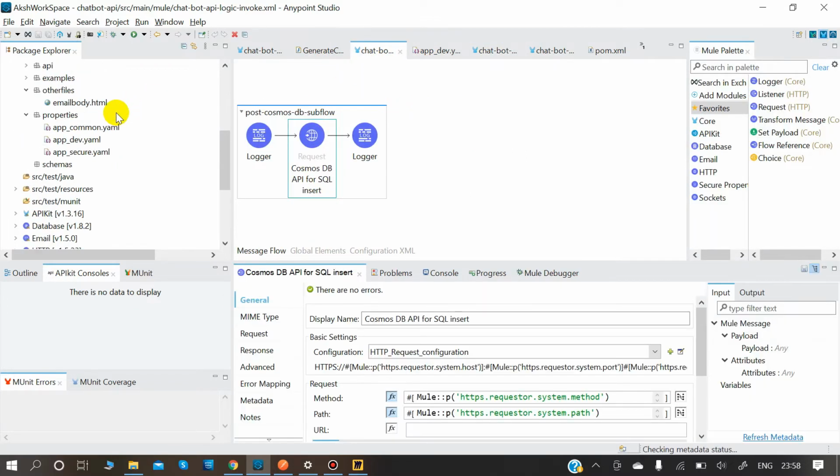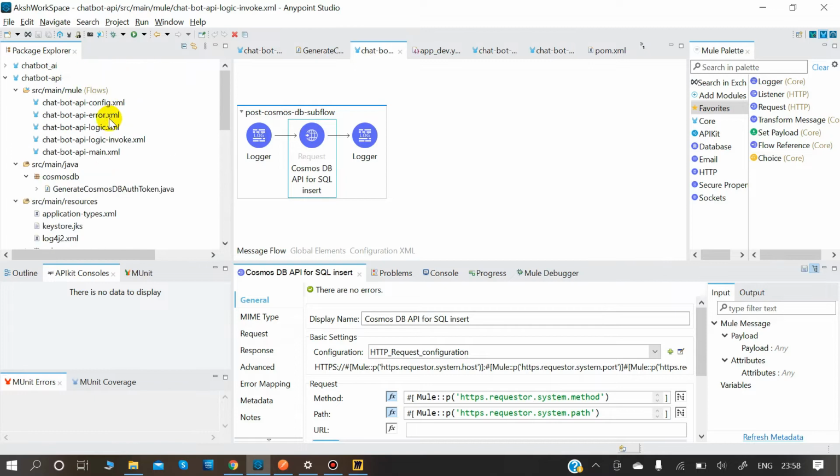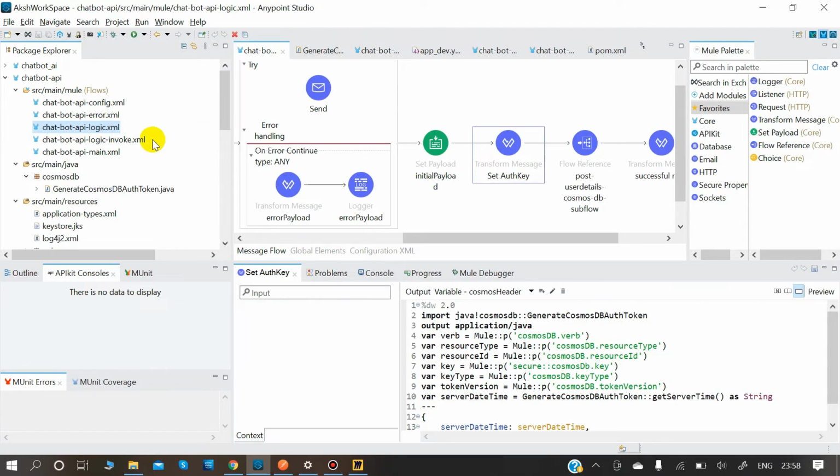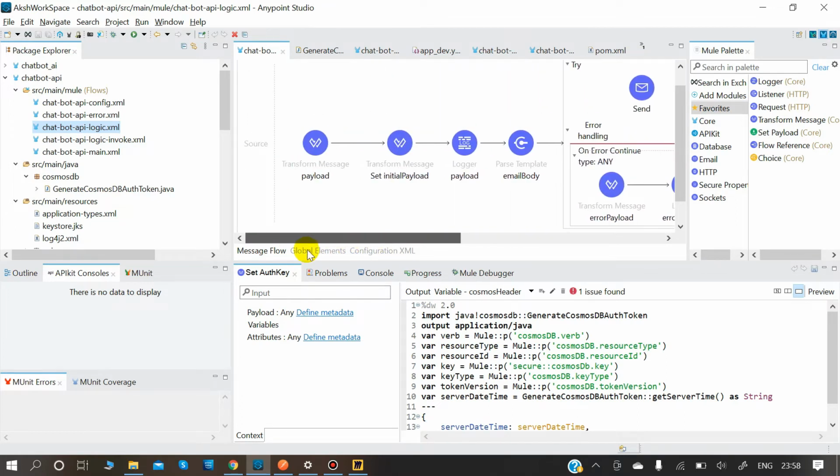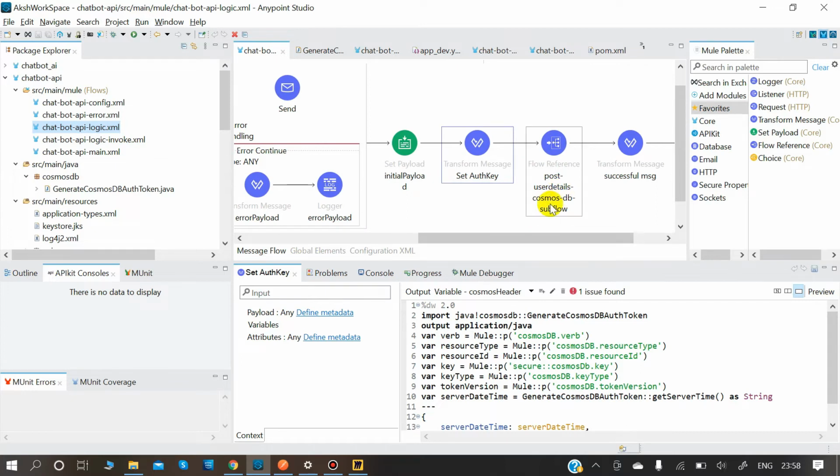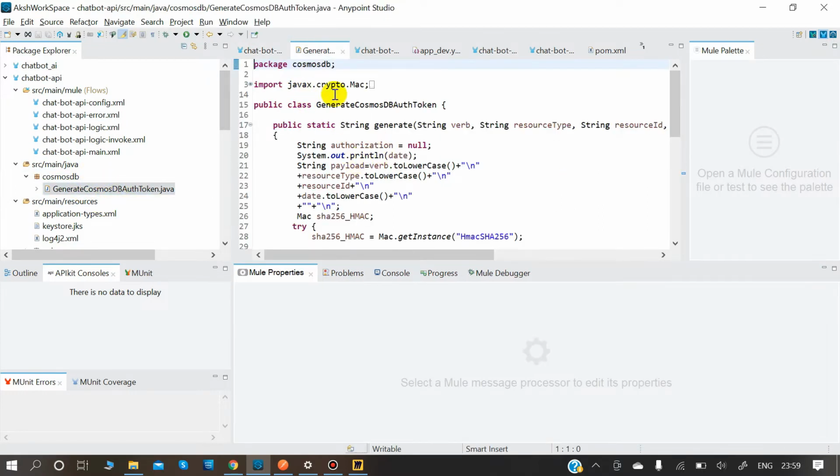Where were we? We were at logic, right? So in logic, we basically design our logic. That's why we have written this entire logic here. So now we will come to this Java file. This is the Java code that we have used.